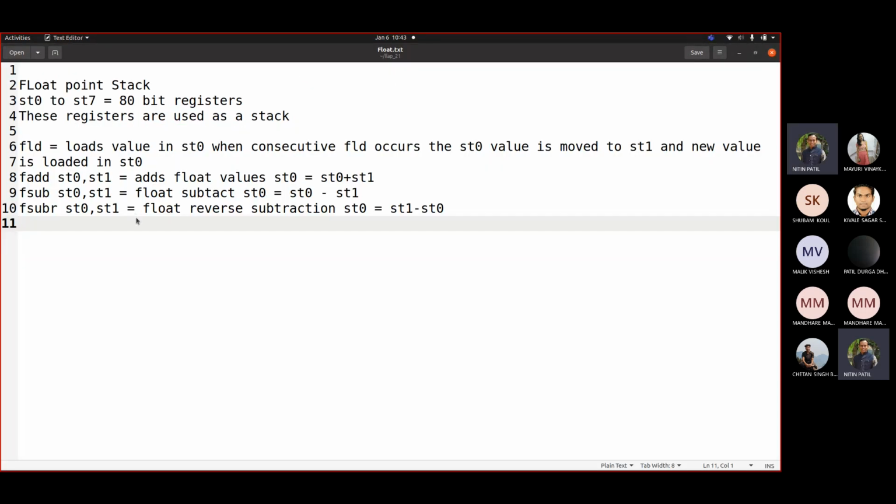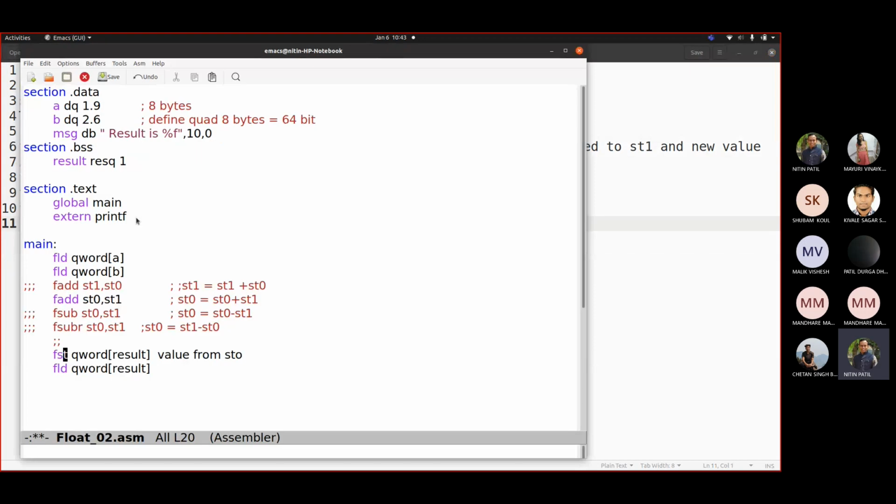Value from ST0 is stored in variable result. Okay, so let us remove this, and ST0 will remain the same. Now, if you don't want this value to be kept in the registers, what exactly are you going to write? You write simply FSTP. P means pop from the stack. Keyword of result.